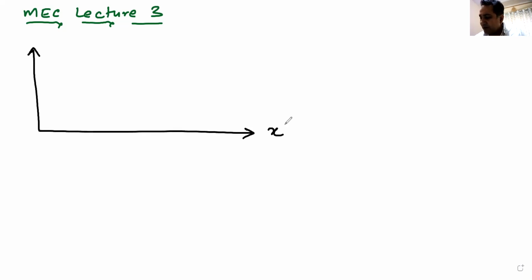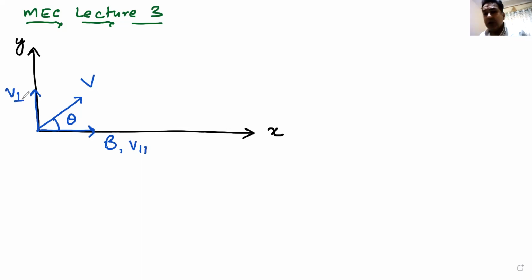Let me assume that this is my x-axis, this is my y-axis. Then what do I assume here? I assume that my magnetic field is like this, B, and my velocity is here, V, at an angle theta. Now, this is the basic premise of the helical path. Now, I can resolve this V into two components. I don't call them by cos theta and sin theta because cos theta and sin theta may be confusing. I call it as V parallel and V perpendicular. Do you understand the meaning of V parallel and V perpendicular?